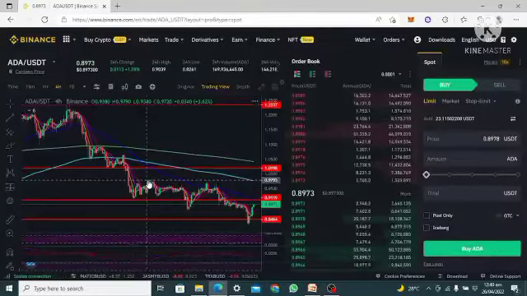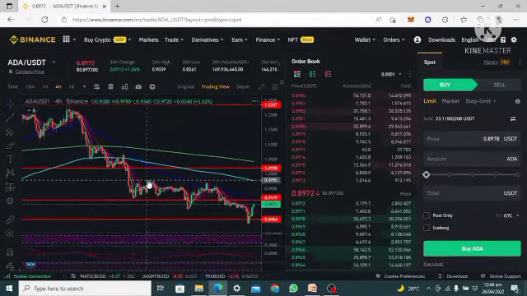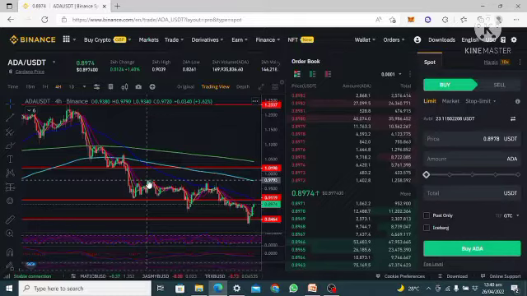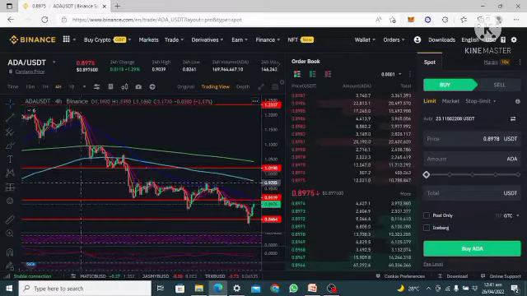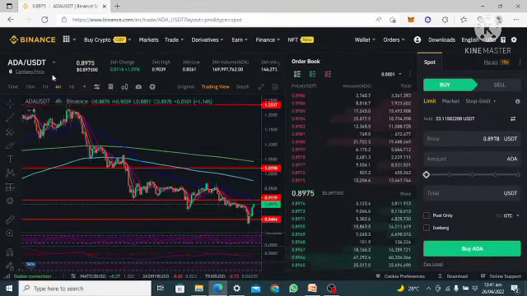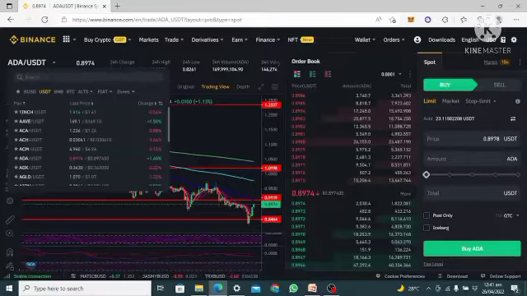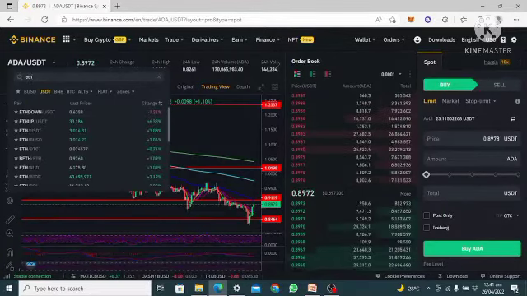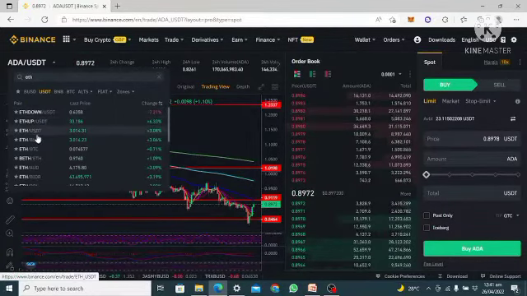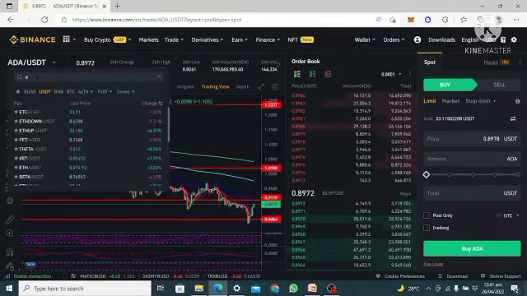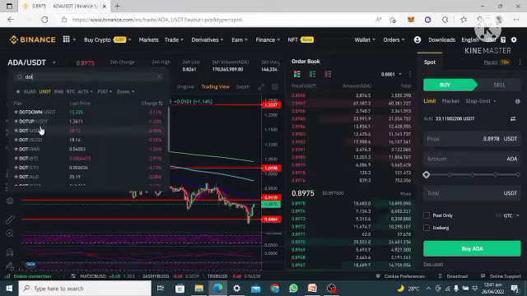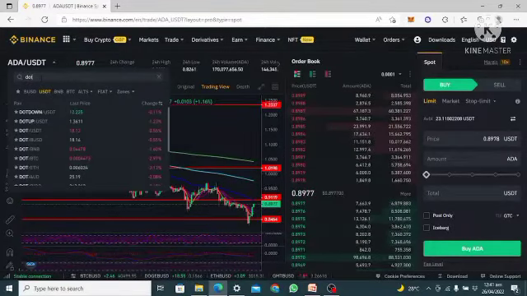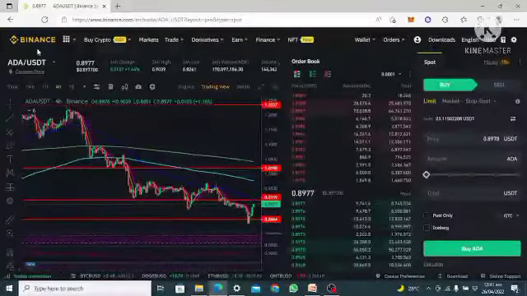There's something we talk about, technical analysis, which is very important for all traders. Before you engage in any trade, you have to do your technical analysis very well. Secondly, if you want to search any asset, you come back here. Let's say ETH, which is Ethereum, you can see it here. If you are looking for Polkadot, which is DOT, you can see it here. Any type of pair of assets you want, you can find it here.